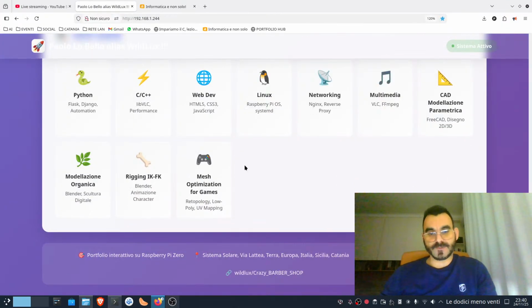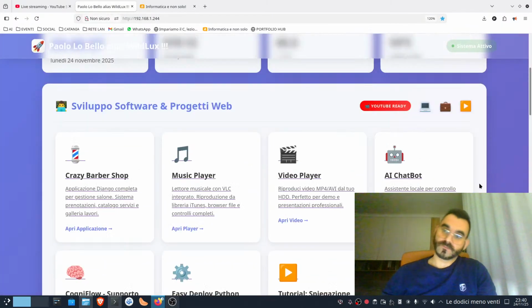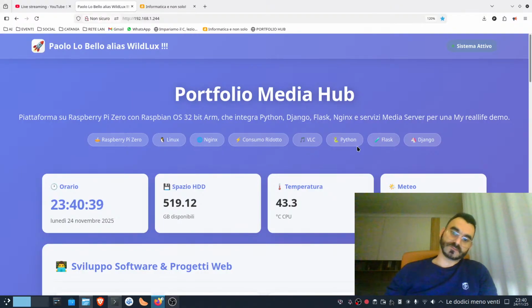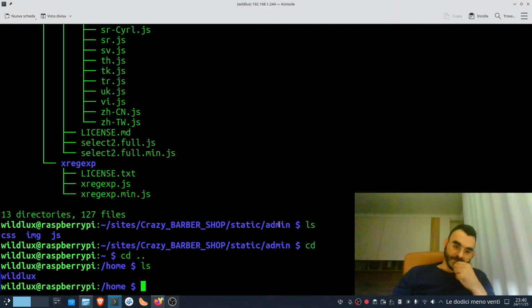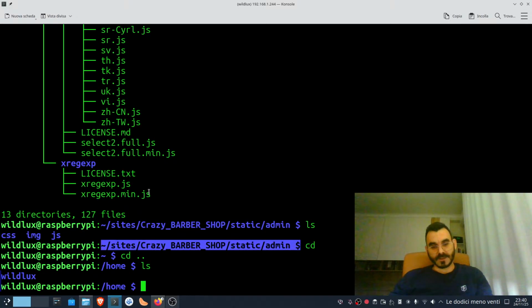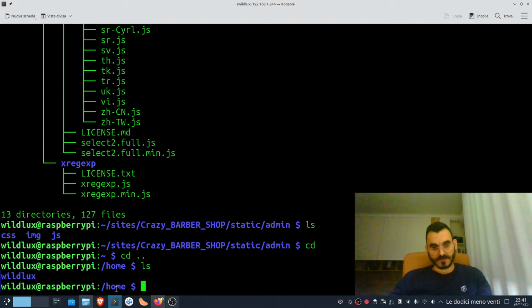Then basically it works like this. It's Flask on the front. This one is made with Flask, and Crazy Barbershop with Django. If you see Crazy Barbershop, it was in home, inside home, okay, because